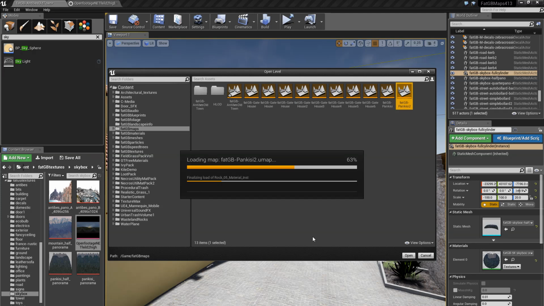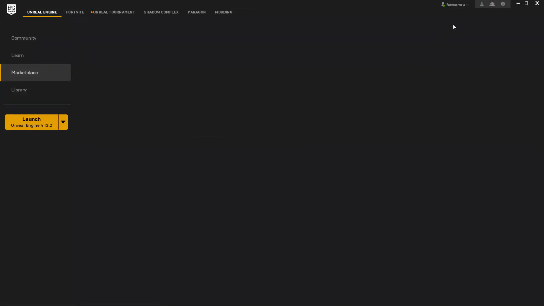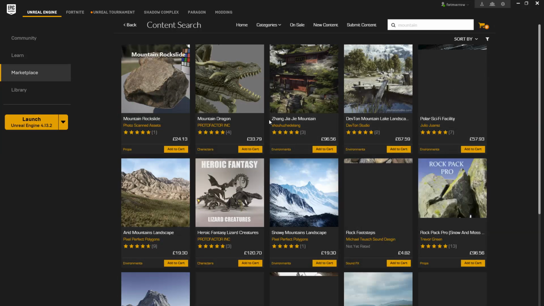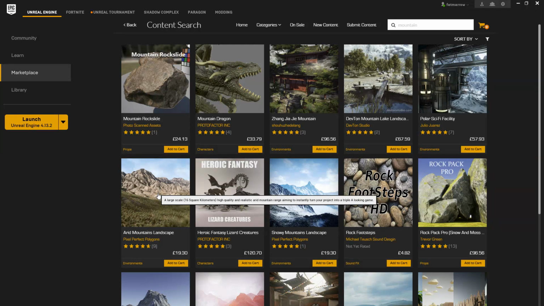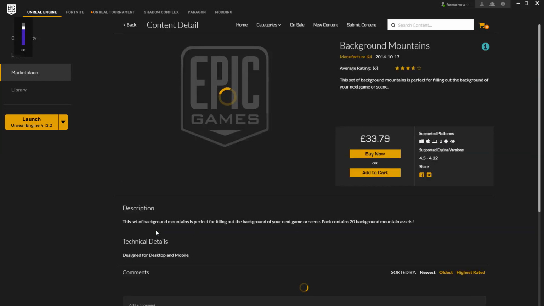Another approach is just to fill in the landscape with actual meshes. You do get those on the marketplace. Let me find the marketplace. While that's loading, the marketplace, moving at the speed of light through treacle. So I think, search for rocks and you'll find half the marketplace. Background mountains. So you get things like this, and you can adapt other kinds of...